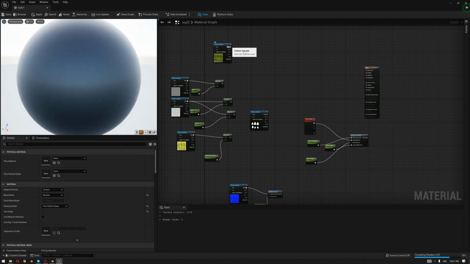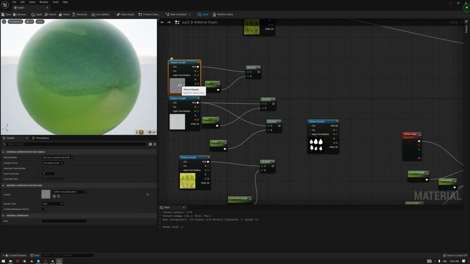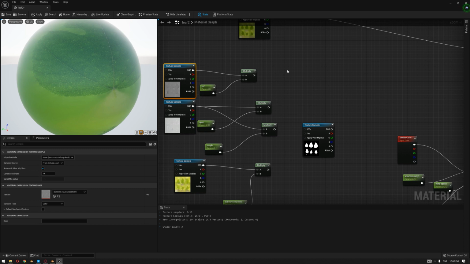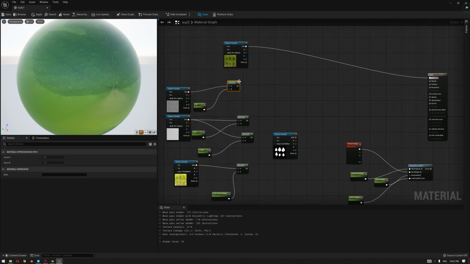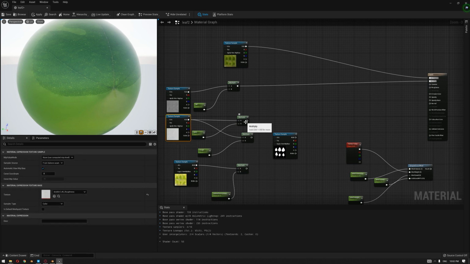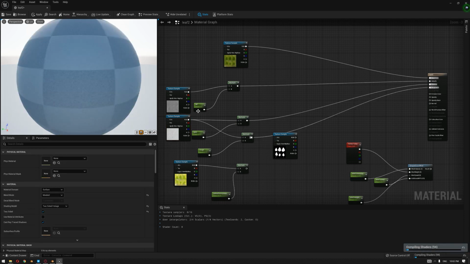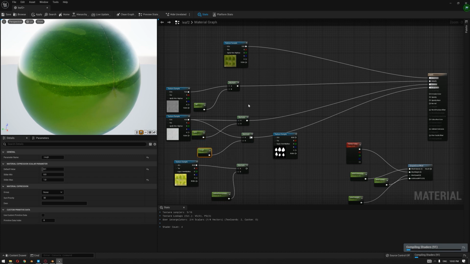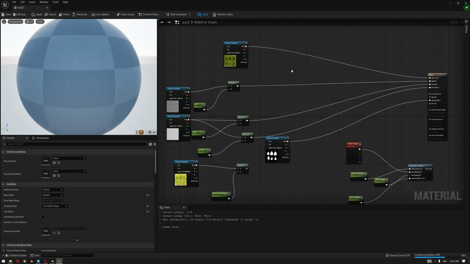So we will start with the albedo connected to the base color, and we also have the reflection texture. I'm going to connect this to a multiplier and a scalar parameter. If you're not familiar with the Unreal Engine material, you'll find a link in the description for a material tutorial that we created earlier. We're going to connect this also to the reflection, and use this texture to connect to the specular and to the roughness, with three scalar parameters that help us control the value, and also the opacity node to be the opacity mask.